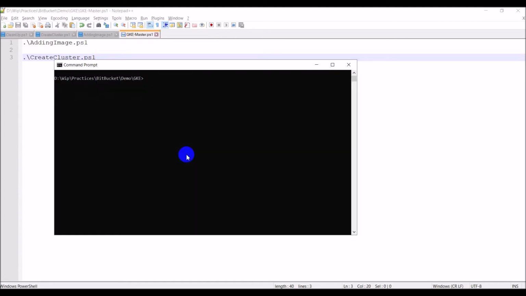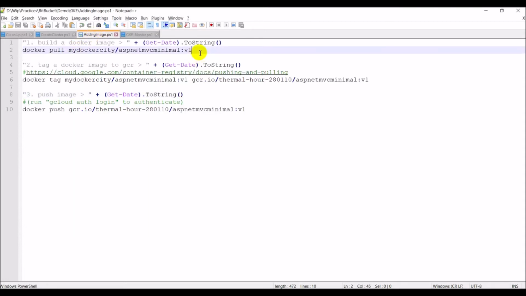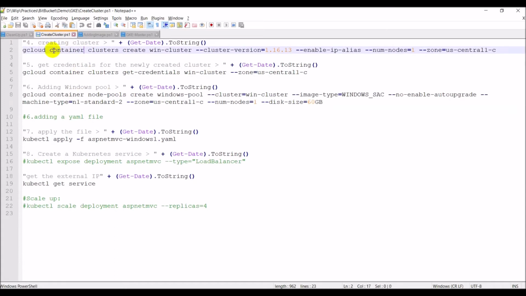So from here we can run the command and it will create everything for us. We can review again. The first command, we pull an image from Docker Hub. The second one makes a new tag for Google Container Registry, and then we push the image to Google Container Registry. The second script, here it creates a Windows cluster, specifying the version and the zone, and here we